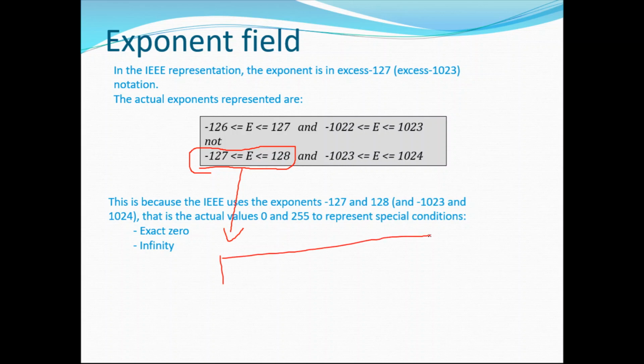You have 8 bits, right? 1 2 3 4 5 6 7 8. This is for the sign bit, this is for sign. This will be either 0 or 1 for